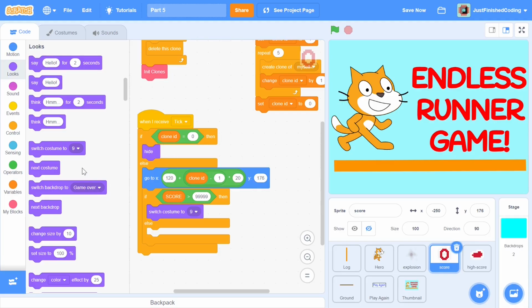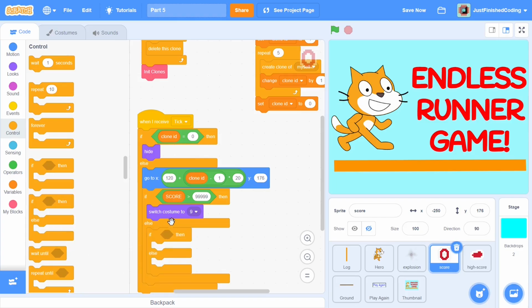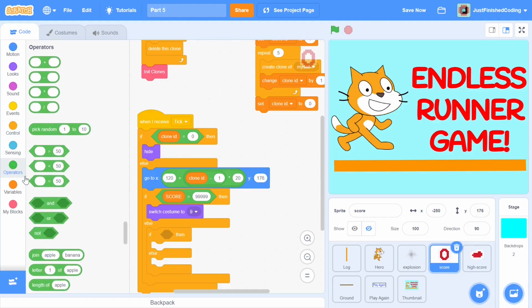Now within the else statement, we'll once again need an if else. Okay, so grab an if else from the control section. This time what we need to do is check if the score actually applies to that particular clone. So for example, we wouldn't want the 10,000th clone to show any number but 0 when the score is only, for example, 5. We'd want only the clone in the units place to be showing 5 in its costume. All the other clones need to be set to costume 0. And that's the whole point. So to do that, things are a bit tricky, but they hopefully would be